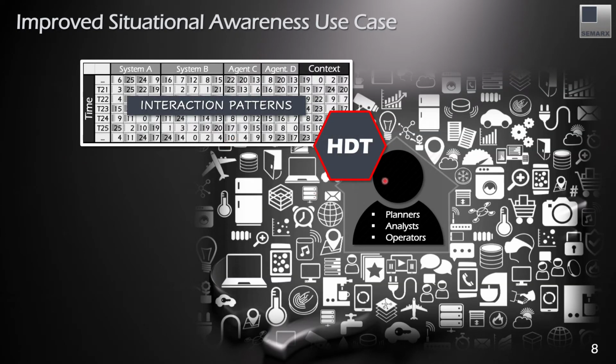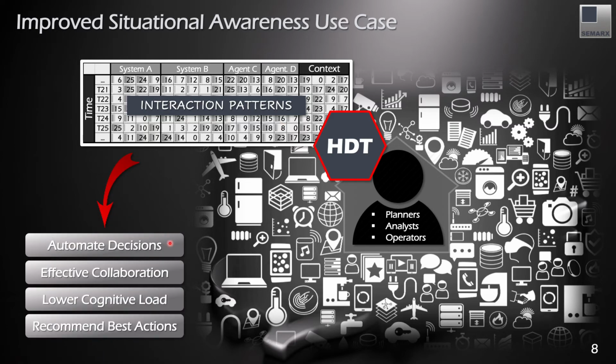So if we imagine a human being living in a smart environment, or a planner or an analyst or an operator in an environment where they interact with a lot of systems, a lot of other partners, the human digital twin will be supporting one of those persons and create this kind of representation, out of which we learn the interaction patterns, and then they can automate some of the stable patterns. They can improve and identify deviations, which will lower the cognitive load of the person by alerting them early about the deviations.